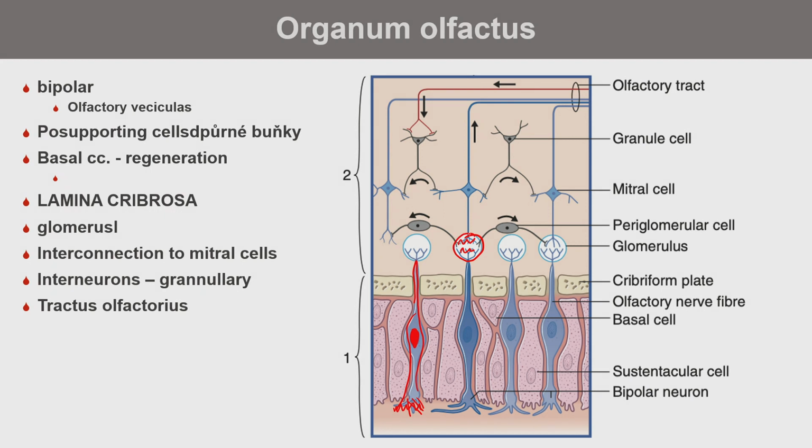The olfactory glomerulus is a connection between mitral and bipolar olfactory cells, and between them are also some periglomerular cells, and also between mitral cells some granular cells. Those interneurons are able to modify the sensation and the transmission of the information from the nasal cavity into the central nervous system. So this is the reason when you use perfume,